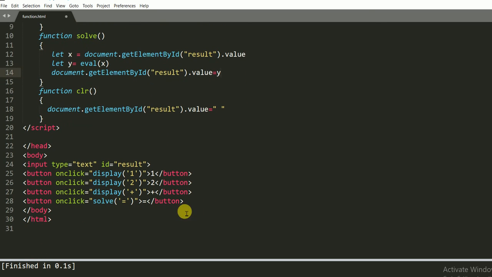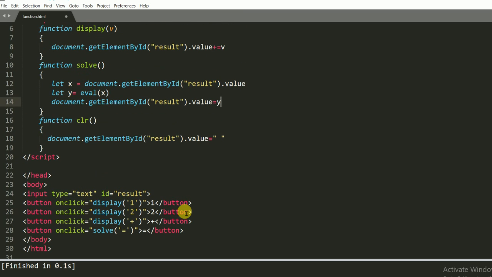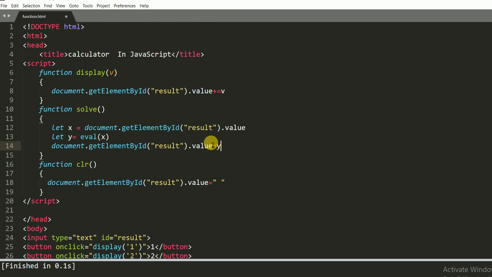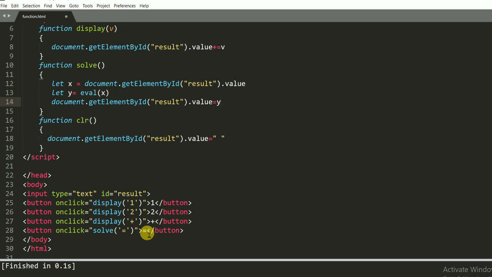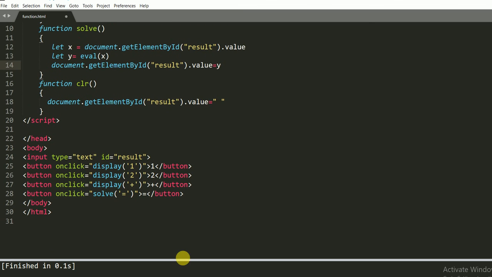So after that I need to work on giving some CSS style and make a table to represent a calculator. So I need to call the clear function here.